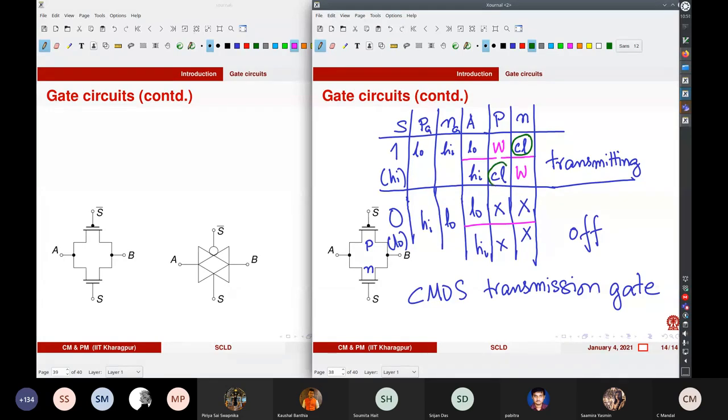And weak channels basically mean here the channel is weak. So it doesn't matter, even if it is off, it doesn't matter. But it is not off; it is weak. So this one doesn't play any useful role